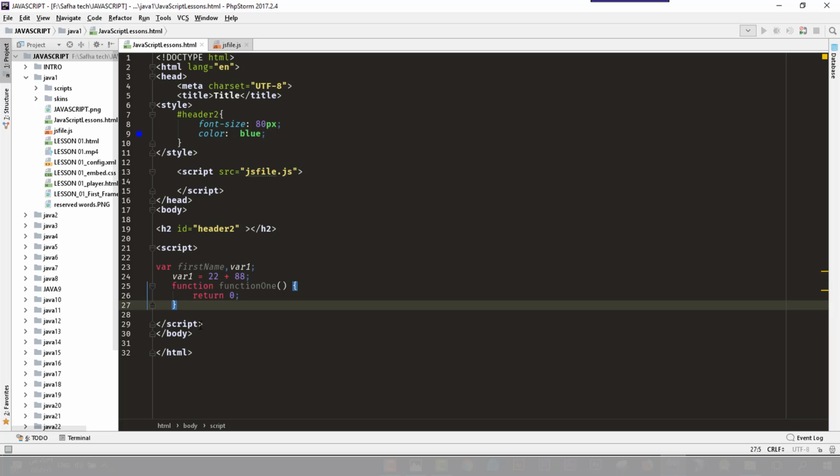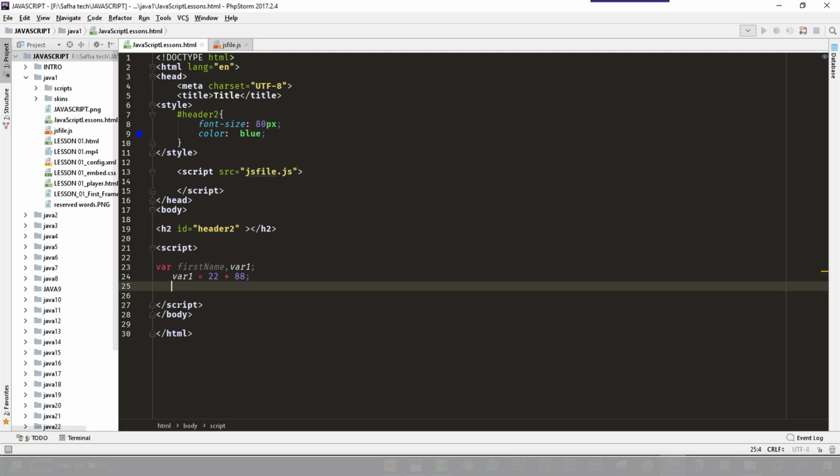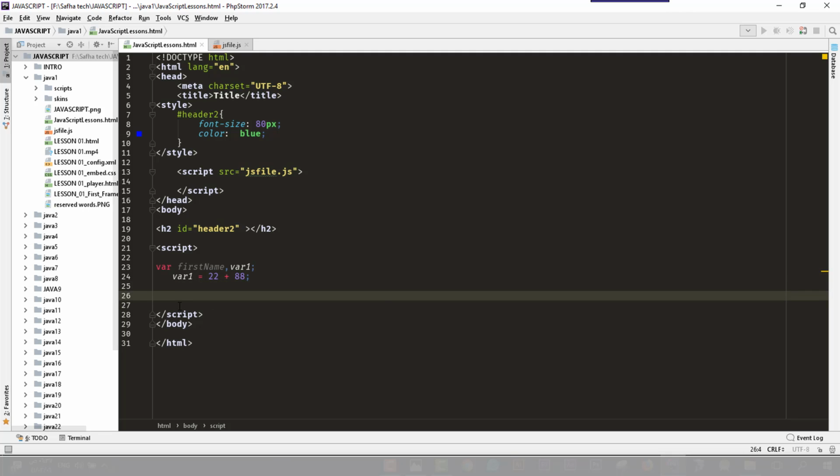The next, which is the object rules, number 4, I think. Object rules means place. You know the object, how we create it. It's like the array, and we have many elements inside the object. For example, I will create an object now just to refresh your memory. I will say var, and I will name it